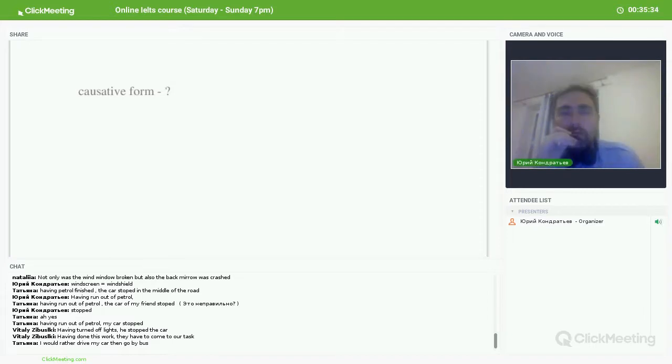Okay, causative form. It means like I have had my hair cut. I had these shoes bought for me. I have the walls of my room painted. It means you didn't do it yourself, but somebody else did it for you. You can use to have my car repaired. You can use this construction, and then it will sound quite natural according to the situation.